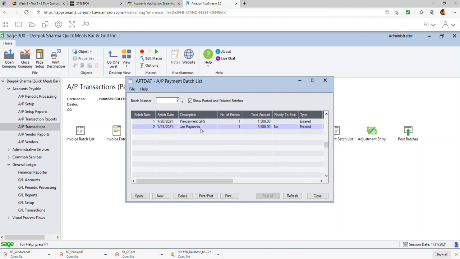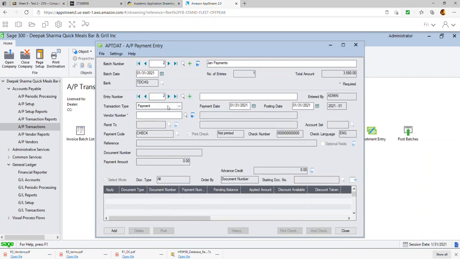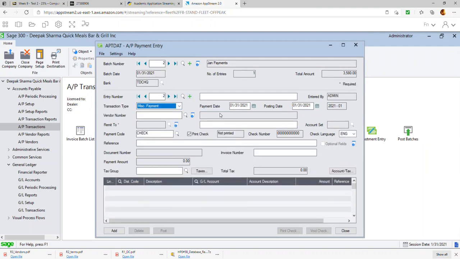So we simply go in that batch. We need to create another entry which we disregarded before. This payment is already there, so we just create another payment. That was a miscellaneous payment on January 31st. Now this is a miscellaneous payment. You don't need to create a vendor. We can simply type in the vendor name here because this is a cash payment. So ABC landlord and payment by check, and we remove that print check because we're doing a manual check, 1003,